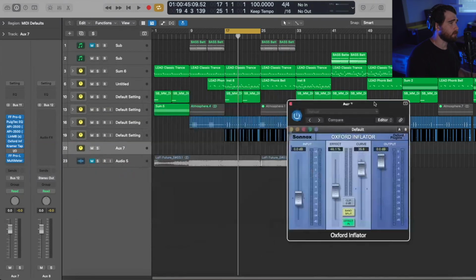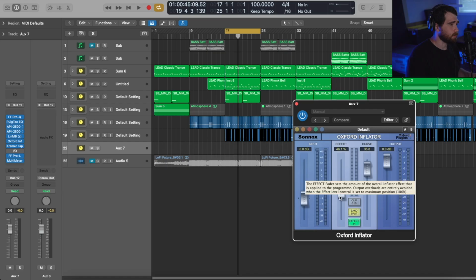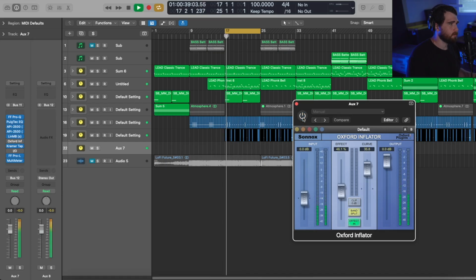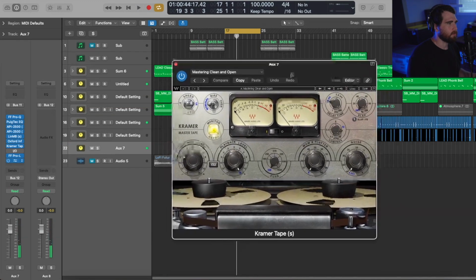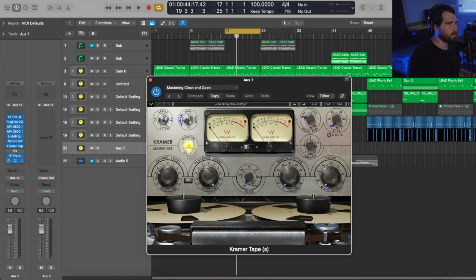The Oxford Inflator is a killer plugin. I don't know what it does, but it just sounds good. It's got a little aggression to it. And then there's this tape compression plugin that I like by Waves. It just seems to round things out